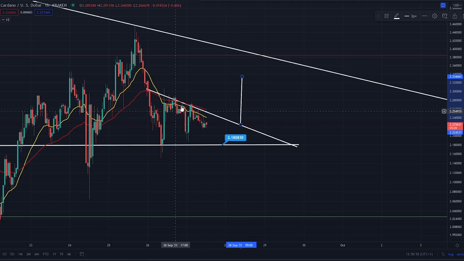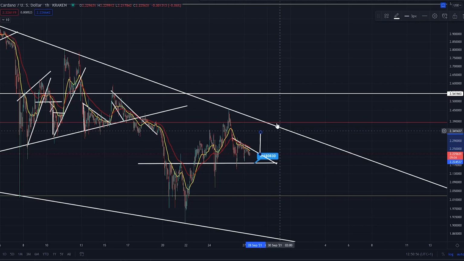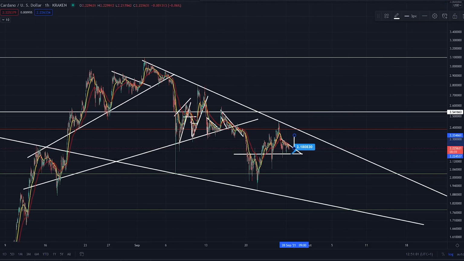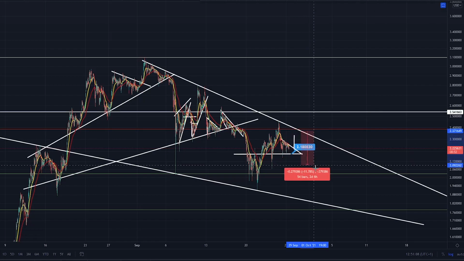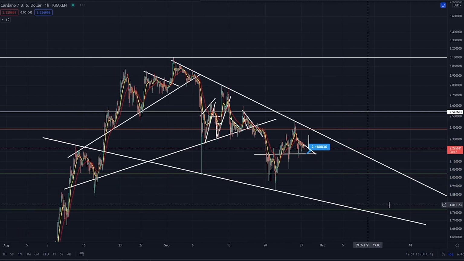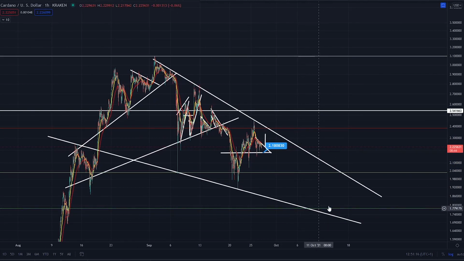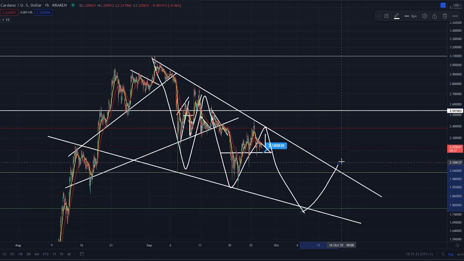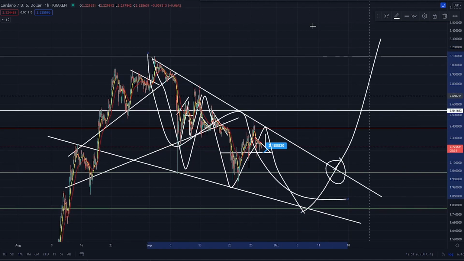But if you did break out, potentially wherever it is, you could start to come up and retest this trend line support. This particular trend line could offer a fantastic short up, because I do think that it's trying to get to 050 in these 5 waves. So if we was to break out here, start to come up, the market gets a little bit bullish, if you was to put in a little short here with a stop loss, you could be looking at a 25% correction for Cardano, coming down to the 050 fib retracement right there, where I do think it will find that beautiful support. And you can see, look, 1, 2, 3, 4, 5, boom, start to pick up, break out, see you later. You're done, aren't you?